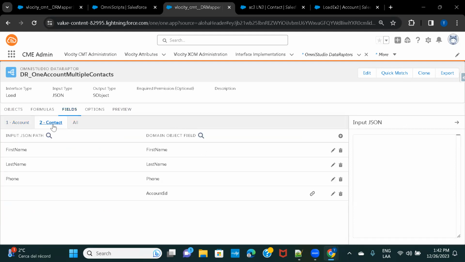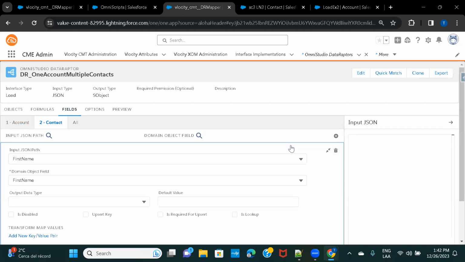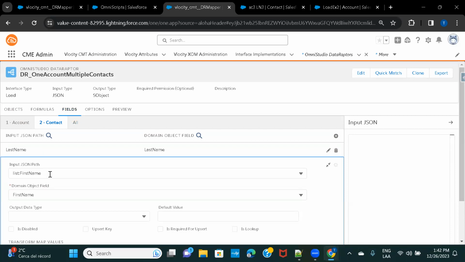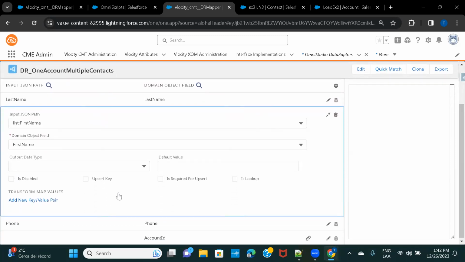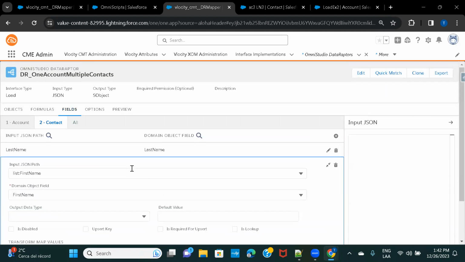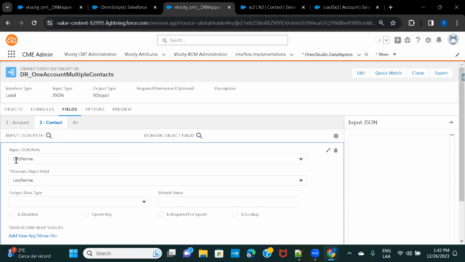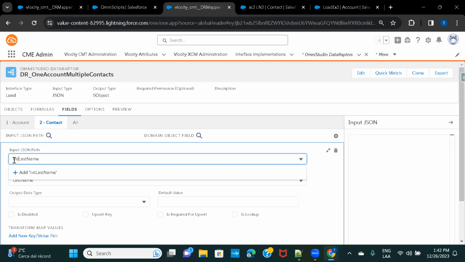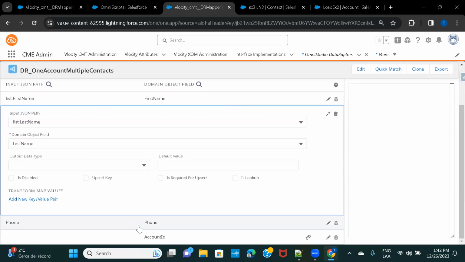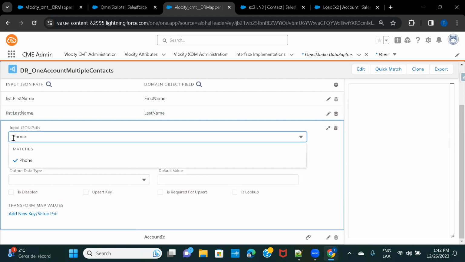And here under contact, in the first name and in all of it, right? So in the input JSON path, I'm just going to append something such as list and colon. So this is nothing but creating an extra node. Okay, so list, and under the same node, I want to keep the other 2 fields as well: phone and first name. So under the same node, I want to keep first name, last name, and phone. So list, last name; list, first name; and then list, phone. Okay, so here input JSON, list,